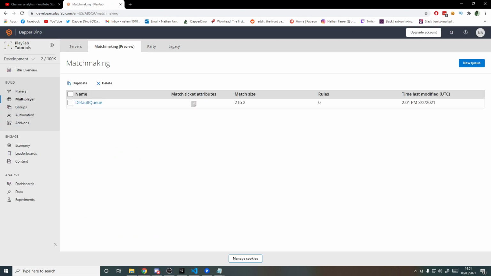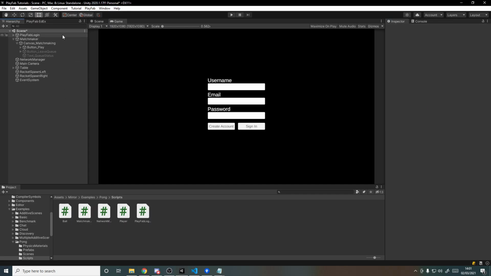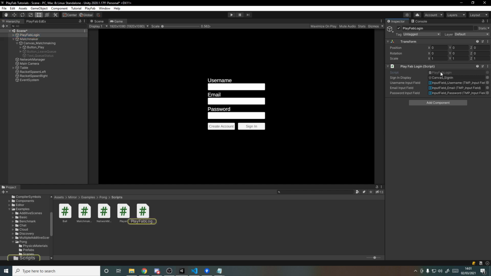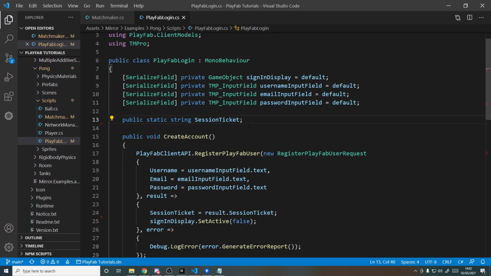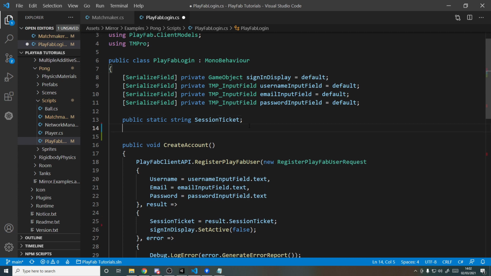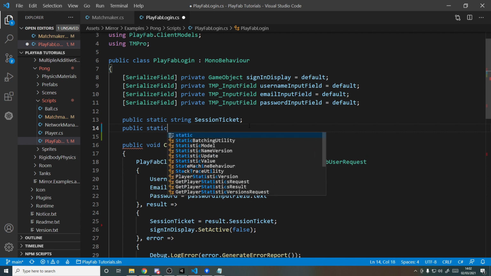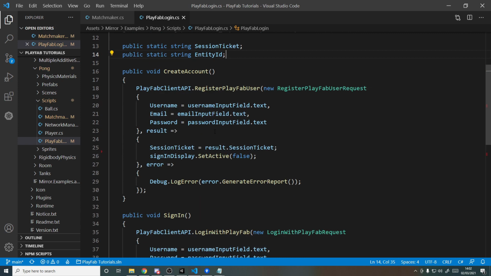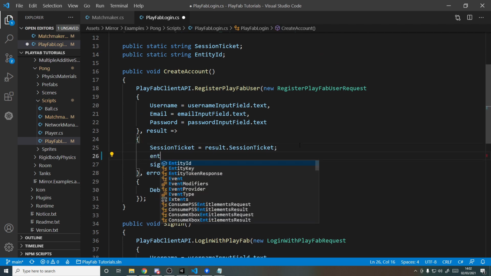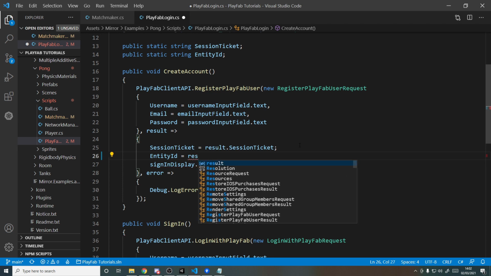Now that that's done, we'll head back into Unity and let's head over to the PlayFab login scripts that we made previously. Currently, we store the session ticket, which we tell the server when we connect so that it can validate our player. But we also need to store one extra thing, which is going to be used for joining the matchmaking queue. So we want to add another thing, which is public static string, and this will be our entity ID. And just like we do down here, how we store the session ticket, we also want to store the entity ID, which is equal to